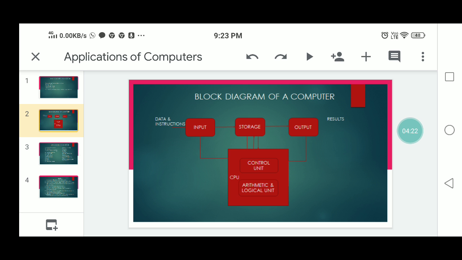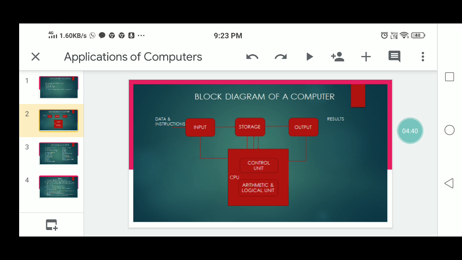The computer storage space not only stores the data and programs that operate on the data, but also stores the intermediate results and the final results of the processing.